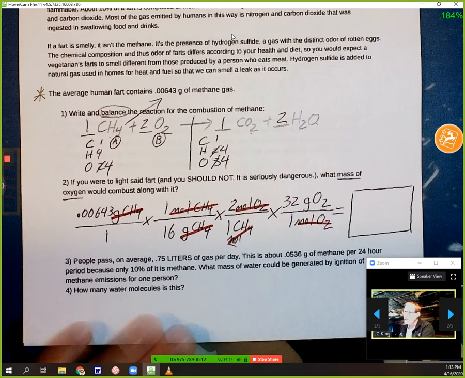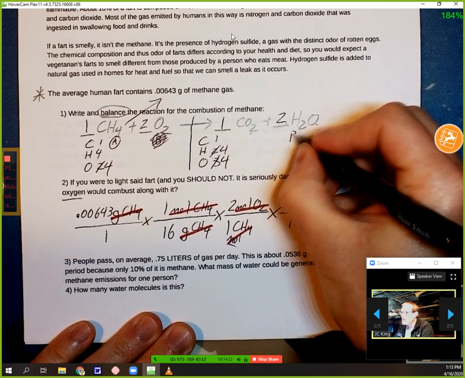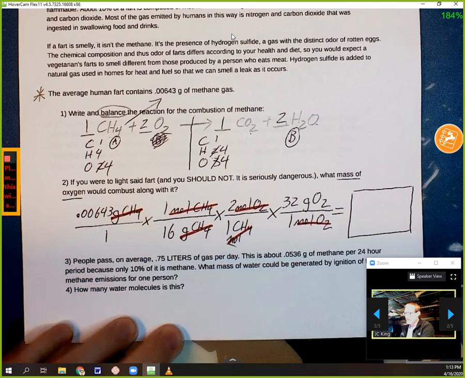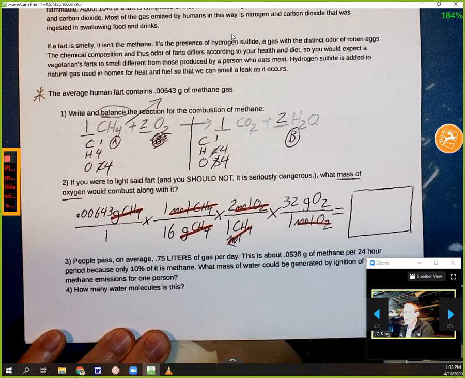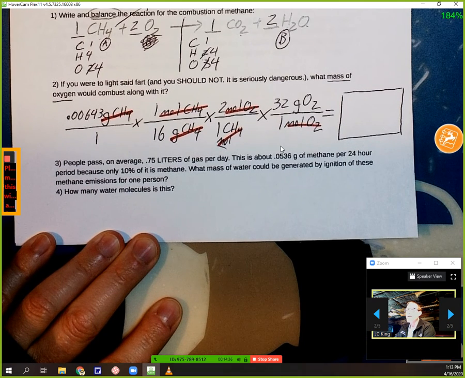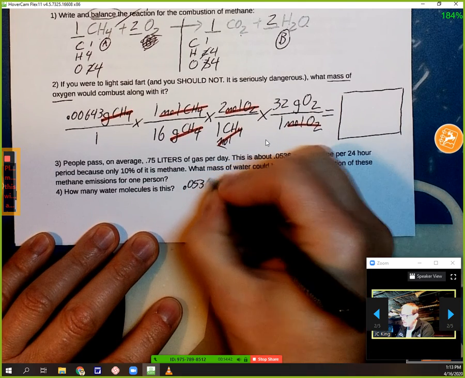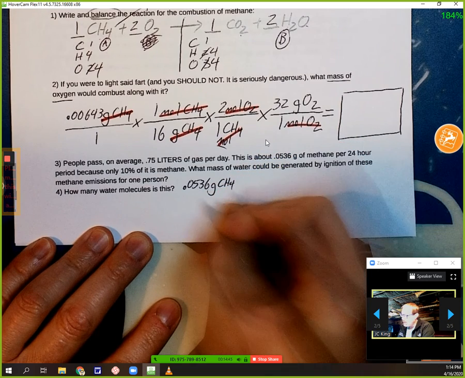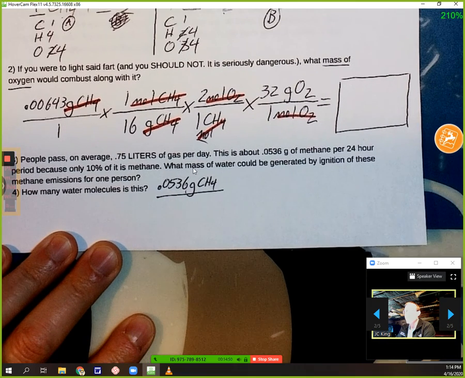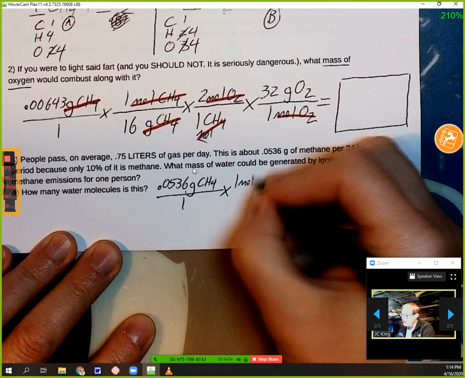So this time we're making this B. And again, we're going to leave this as A. And so setting up our problem down here, it's going to be in a lot of the same way, except we're going to start with this new mass for methane. So 0.0536 grams. Nice thing is, since we looked up some of this stuff in the last problem, we don't have to look it up again. You know that 1 mole of CH4 is going to have a mass of 16 grams.